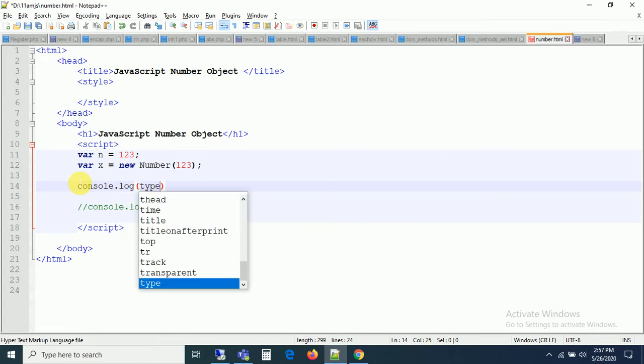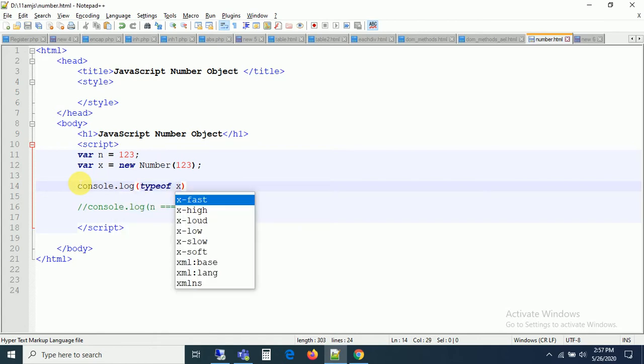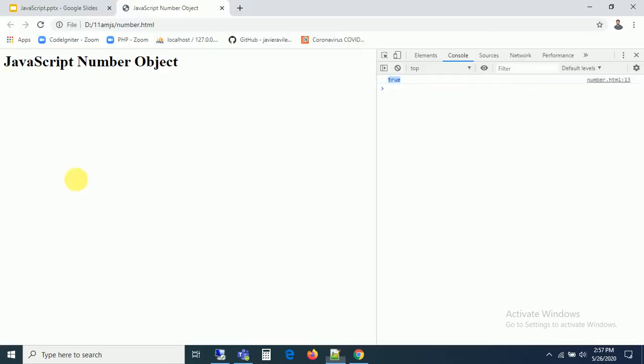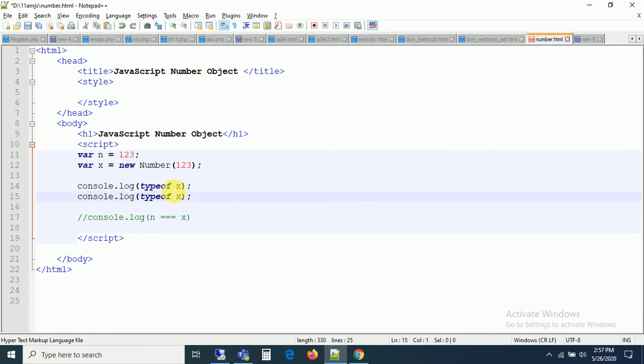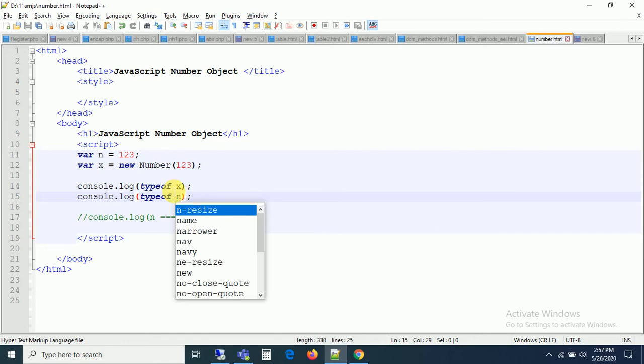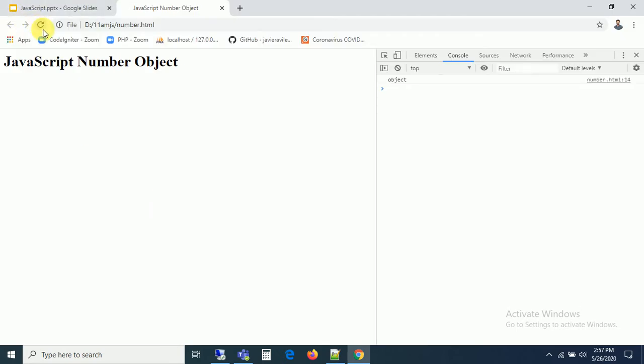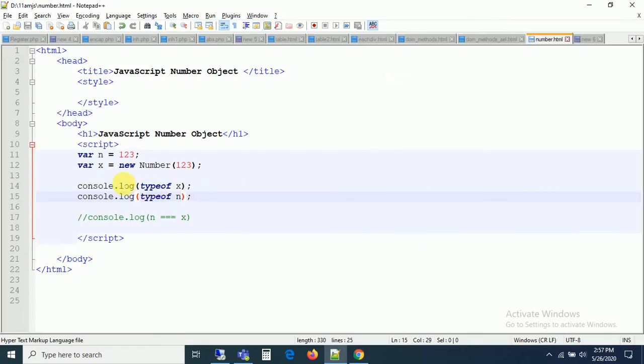Just you can use the typeof keyword with x, so that we will understand exactly what type of it is and what type of the n variable also. Now can you see, it is going to be an object, and here you can write one more thing, typeof n also. Just I want to write typeof n, so we will understand what exactly the type of it is, guys. Right, can you see this is a number and this is an object, because we are using a constructor, right? If we are using a constructor, that is going to return an object with a number type, right?